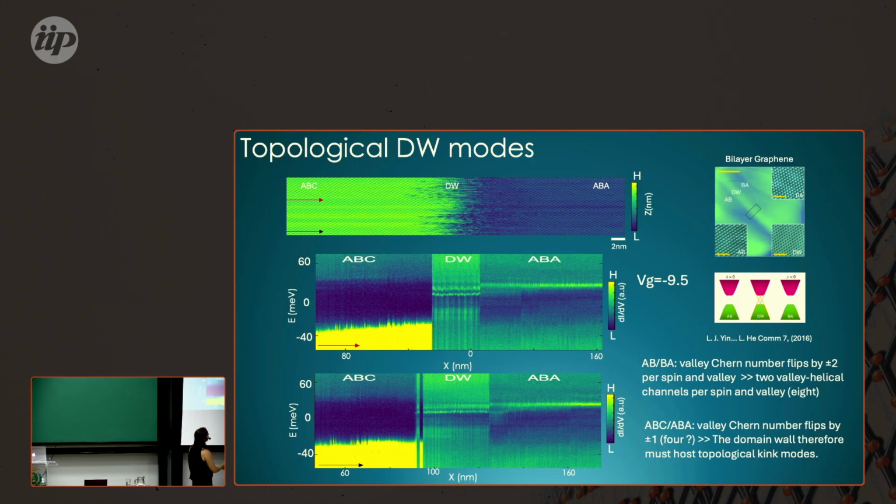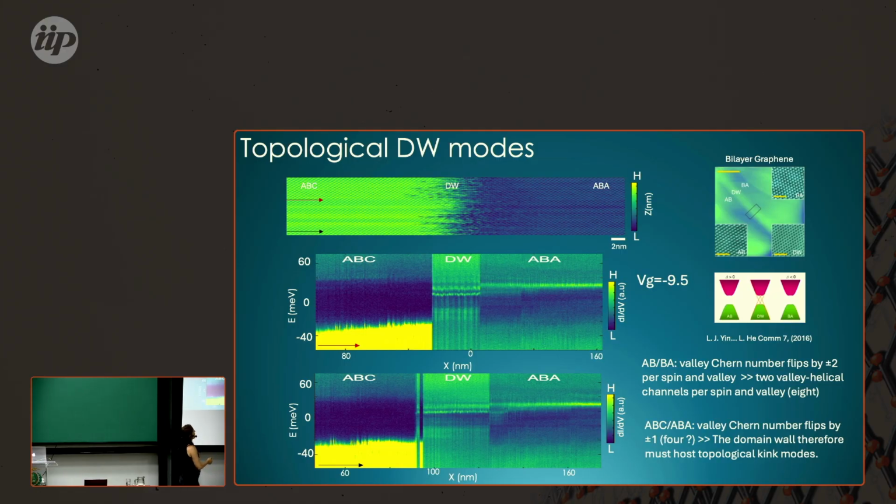Here the valley Chern number flips by 2, and then we get the exact total of 8 channels. In the ABC, ABA, this is a little bit more tricky, because we have a change of valley